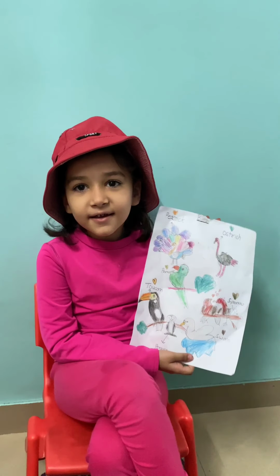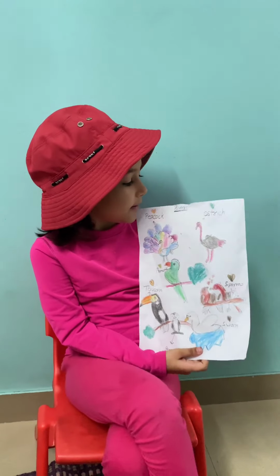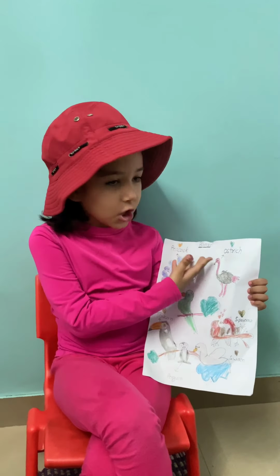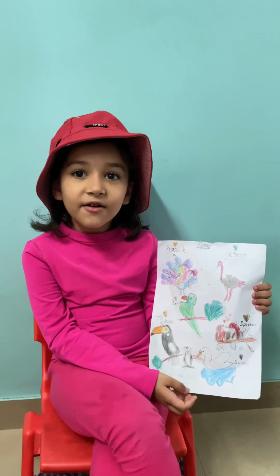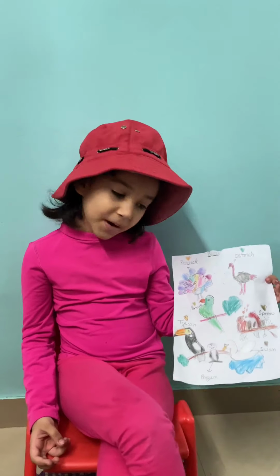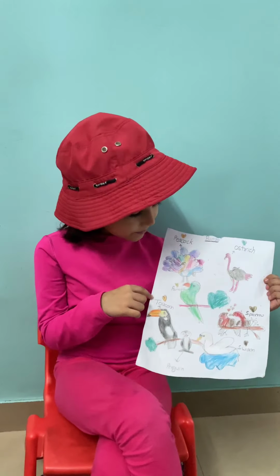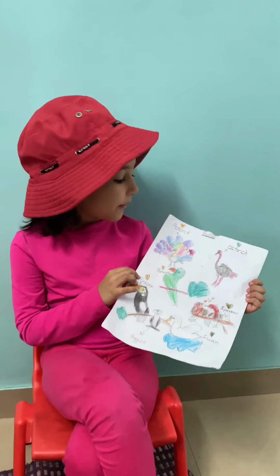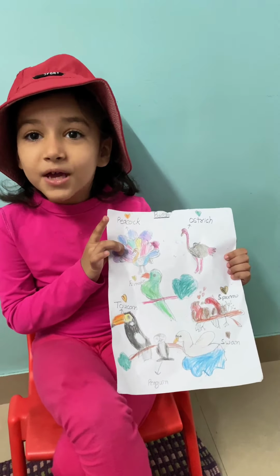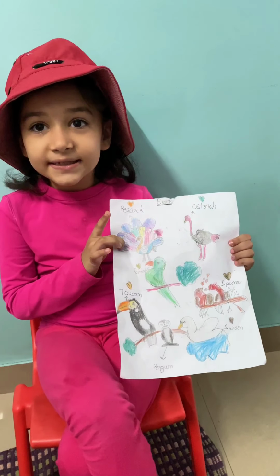So today in my class we had an online field trip and we were learning about birds. And there are so many birds, but I only showed a few of them on the page because we don't have that much space. And the first is the peacock, the national bird of India,